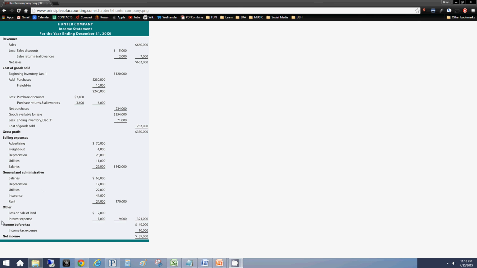Other would be loss on sale of land, interest expense, that's $9,000, income before tax, $49,000, income tax expense is $10,000, and your net income is $39,000, which would be $370 minus $321 is $39,000, and your return on revenue